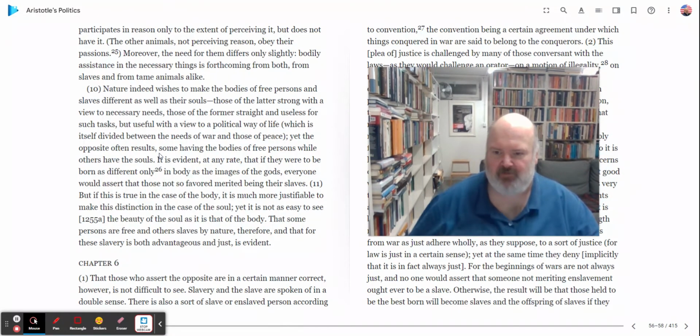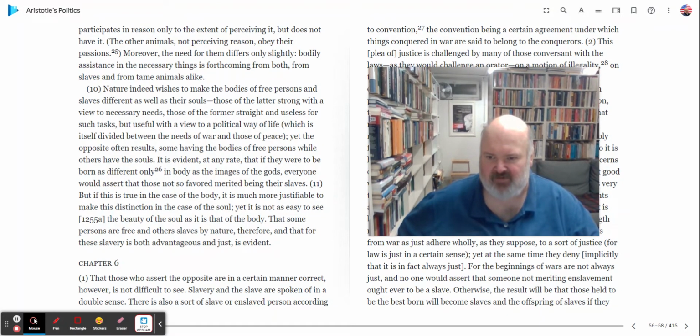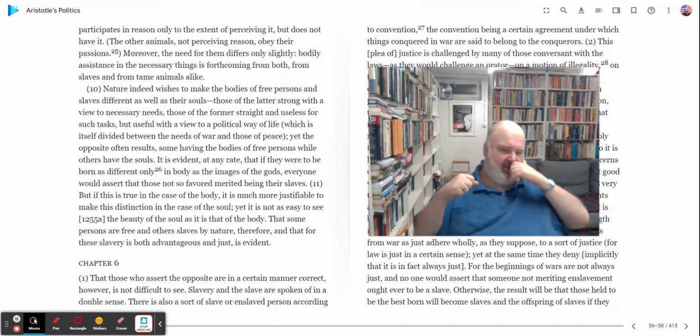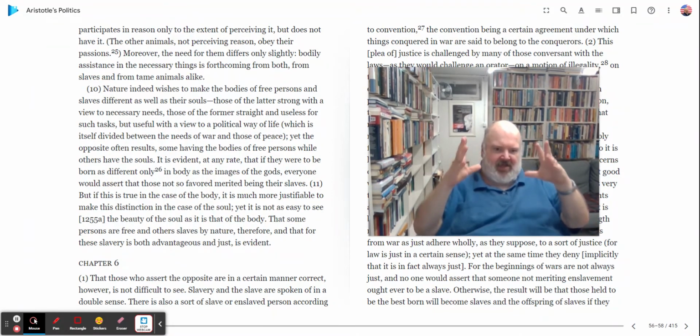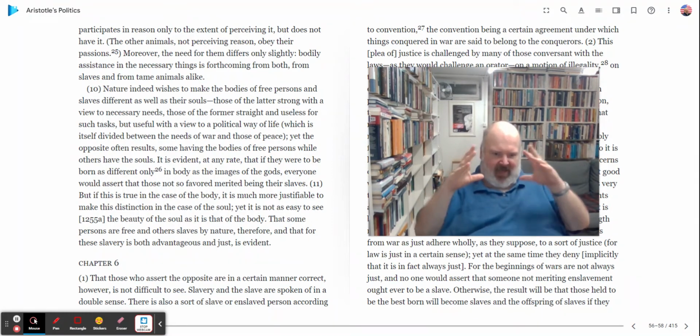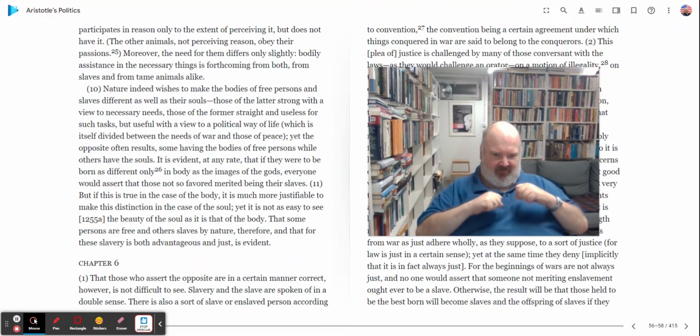Yet the opposite often results. Some having the bodies of free people, while others have the souls. In other words, he says that the reality is nature may design one thing one way, or intend something or wish something to be that certain way, but the reality of it is mixed up. It's not always clear who's the slave and who's the free, because some people have the body of a slave but the mind of a free person,